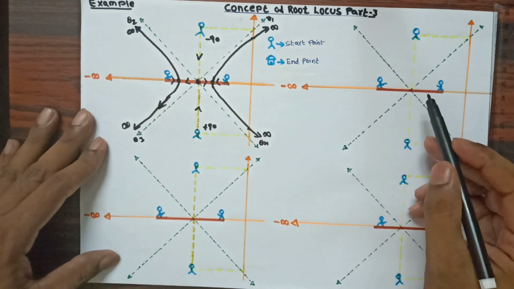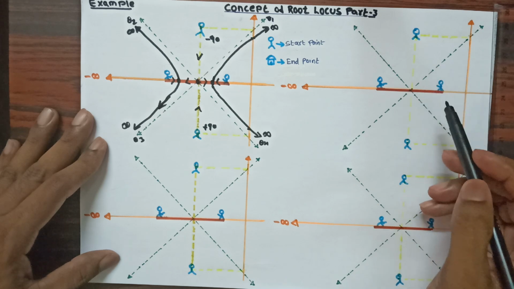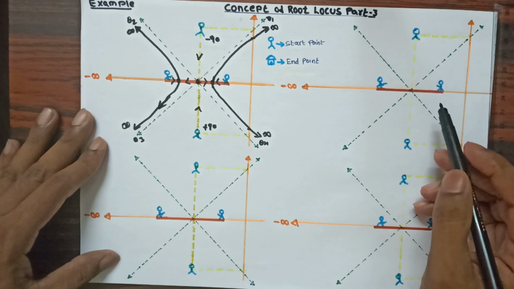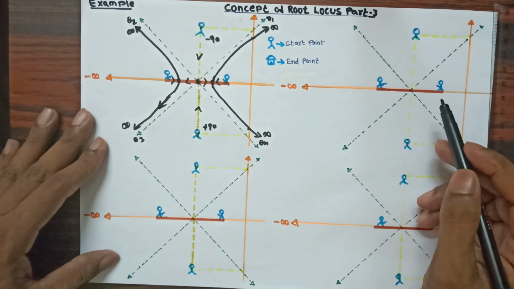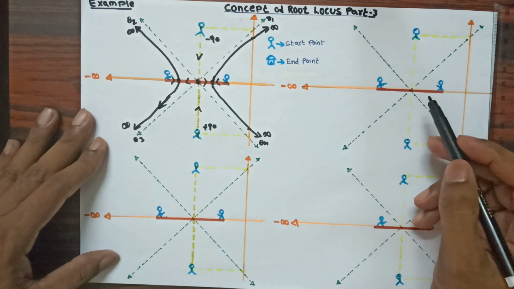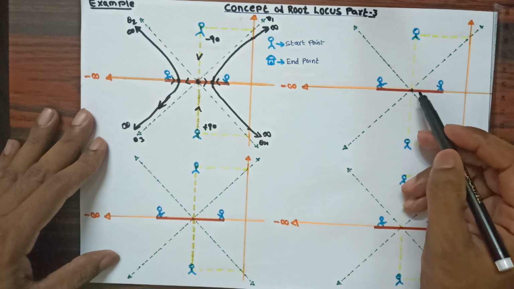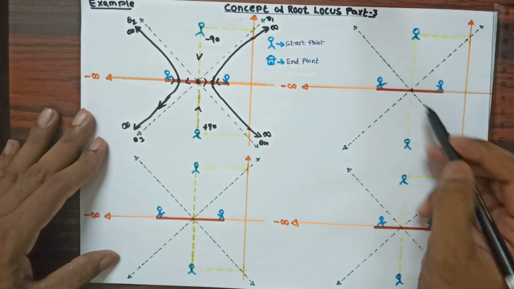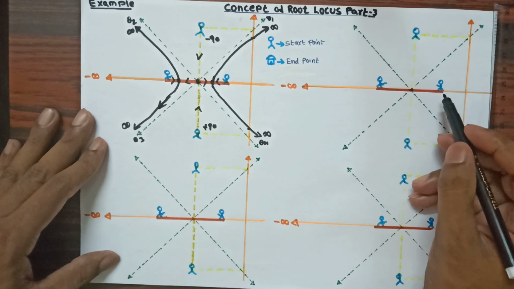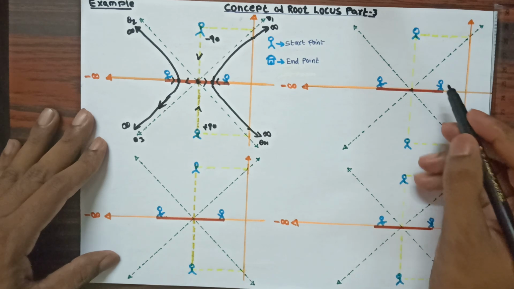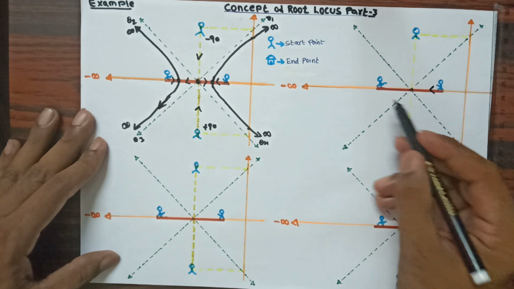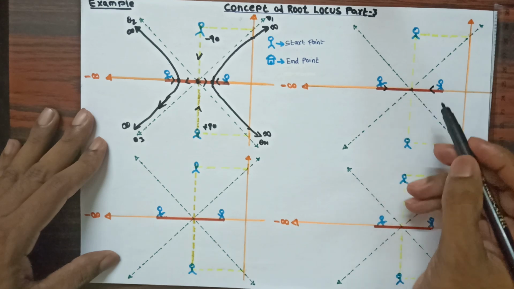Now in this second example, you can see I have considered again the same four persons only, without any destination. All four will move towards infinite destination. For that I have provided the four angles by considering the point centroid, and these are the four angles of asymptotes. Now you can see that when I apply the input, this person will start to move in this direction, and this person will start to move in this direction.